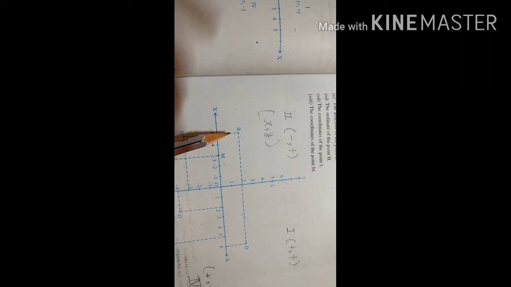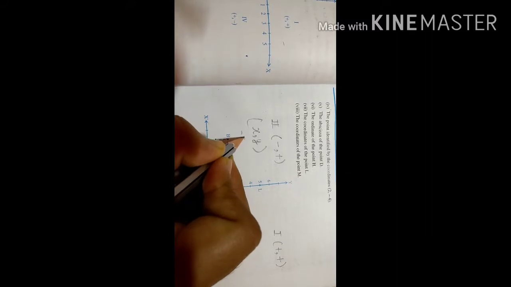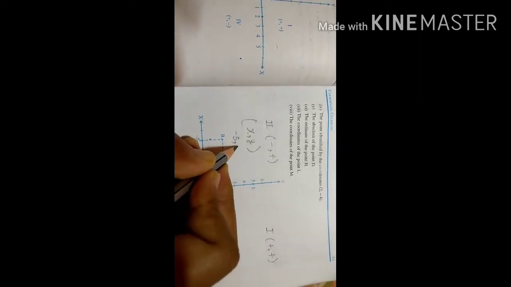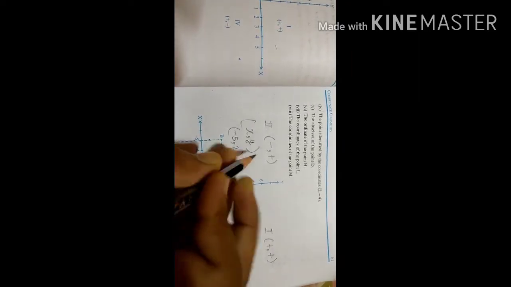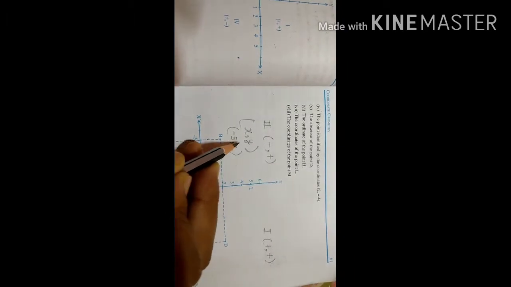In this one, B, we have to find the coordinate of X. So check the perpendicular distance from X. It is coming on -5, so we can write -5 here. And then the distance from the y-axis is how much? 2. So -5 comma 2. Minus plus, yes, it is correct. The coordinates of B are -5 comma 2. So I hope you can do the second part.